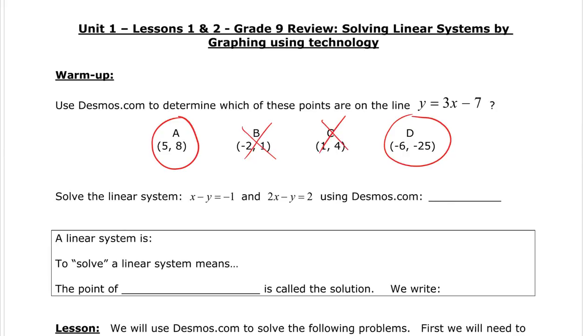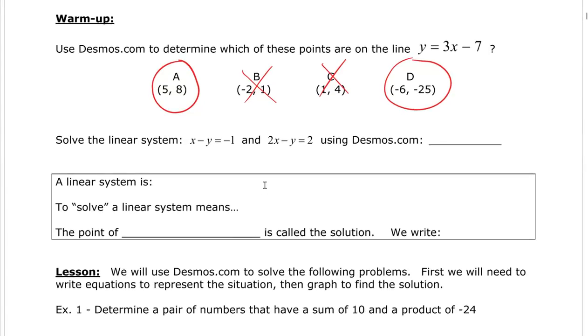Okay, so let's look at solving a linear system. Now, this was done in grade 9 using a graph. I'm going to show you again how we can solve this linear system using Desmos. So first of all, let's remind ourselves, what is a linear system? Well, a linear system is 2 or more lines. Okay, to solve a linear system means to find